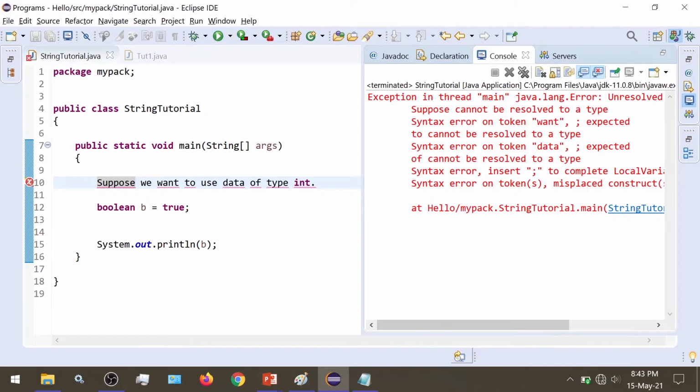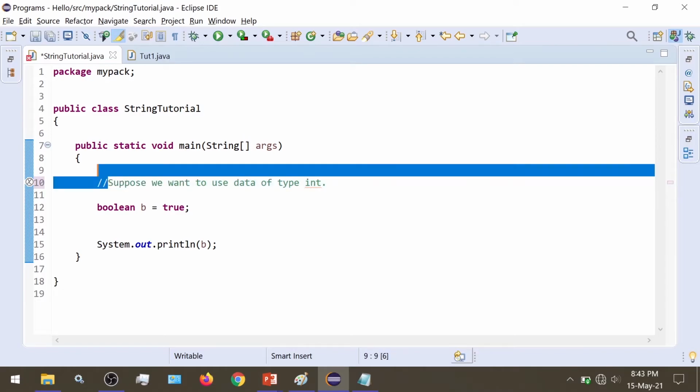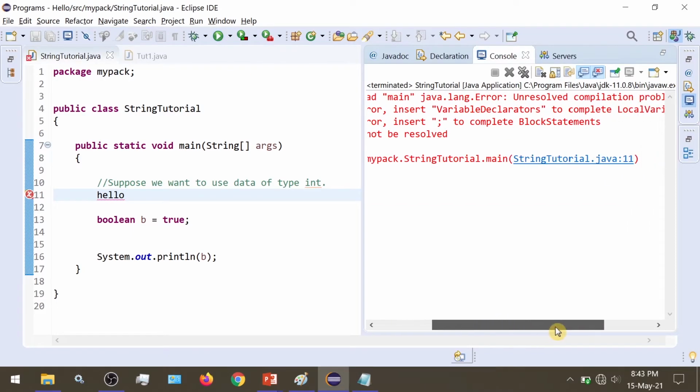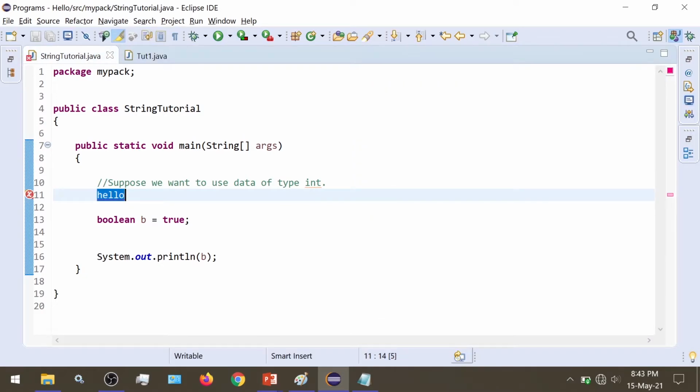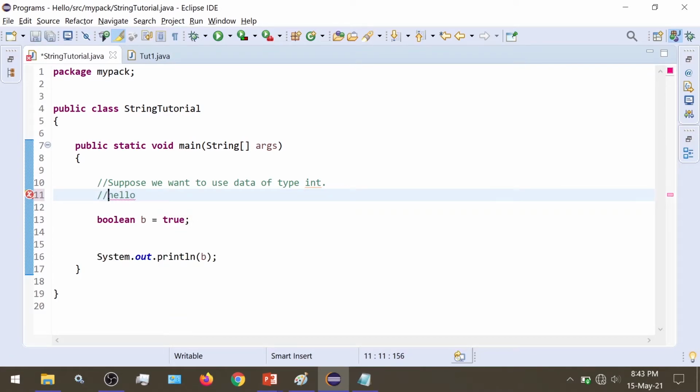then it would try to run this whole statement and we would get lots of errors. So we declare comments using these two forward slashes. There are two types of comments: single line comment. This is a single line comment. Now if I want to continue the comment and write hello, and I try to run this, it tries to execute this word hello as a program statement. If you want this as a comment, then we would have to write it like this.